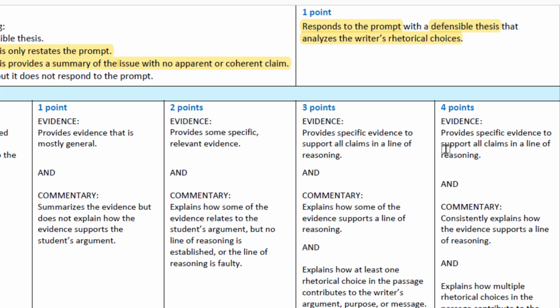Remember, with evidence, make sure you support all your claims. Say you have 3 claims in your thesis, and you defend the first 2, but you run out of time. You've got a 3rd claim in your thesis sentence, and you don't have time to address it. Go back and delete it. Don't leave it there. If you leave a claim anywhere in your paper where you make some assertion, say, the author uses inflammatory diction, if you make that claim, you better defend it. If you do not defend it, you're going to lose points. It's that simple. You must defend every claim that you make.